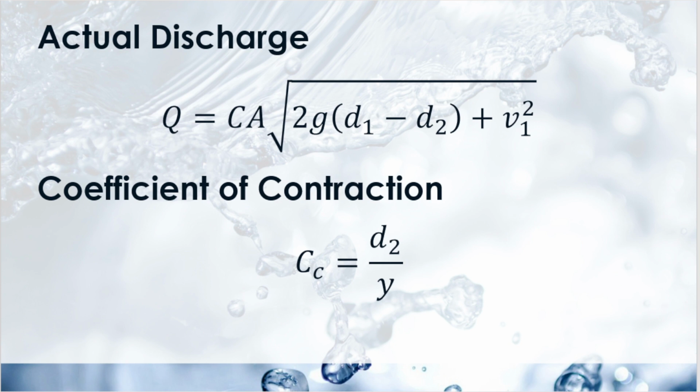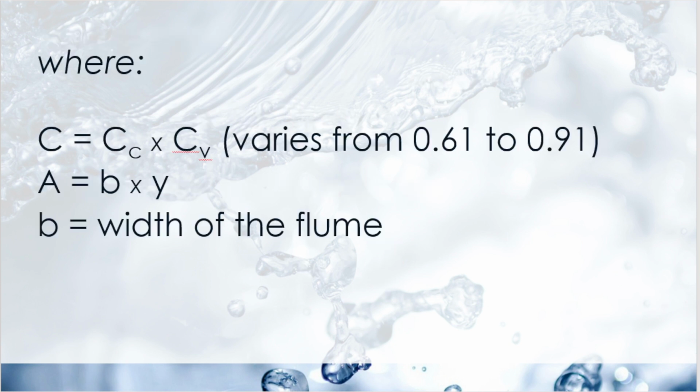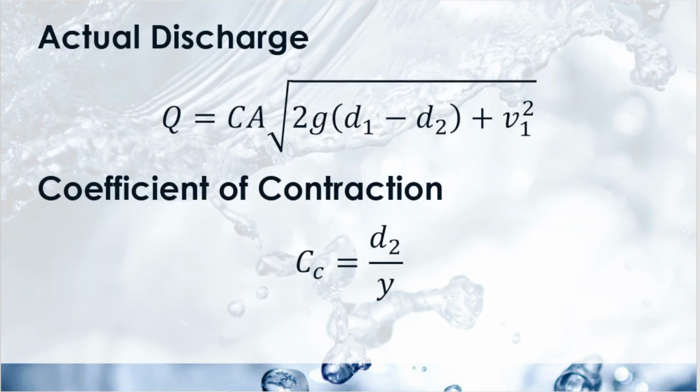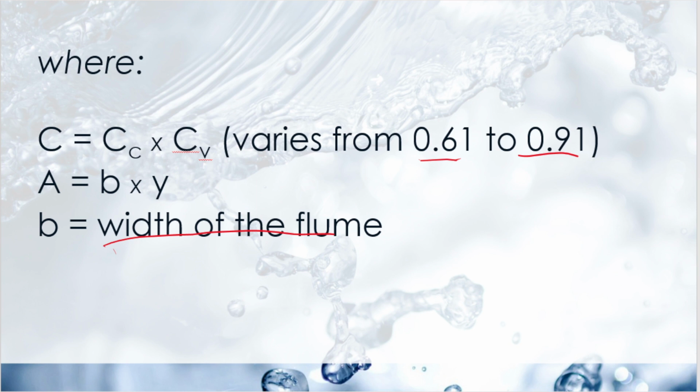So now, in this case, C is equal to C sub c multiplied by C sub v. We all know that. But this, we have been given that it varies from 0.61 to 0.91. We also have A, the area, which is B multiplied by Y. B is the width of the flume or the gate, and Y is the distance from the gate to the ground, or the surface. It's going back to the illustration, this one. So that is for our equation, or the unknowns in the formulas. That is for the gate. Now let's move on with the